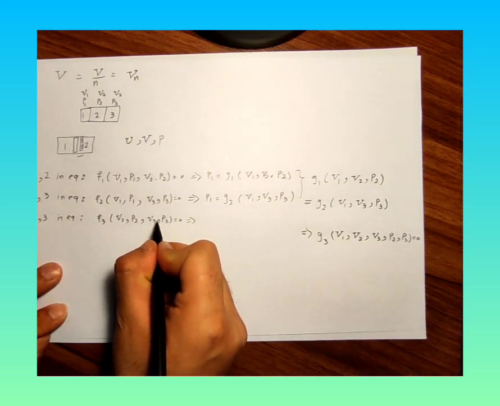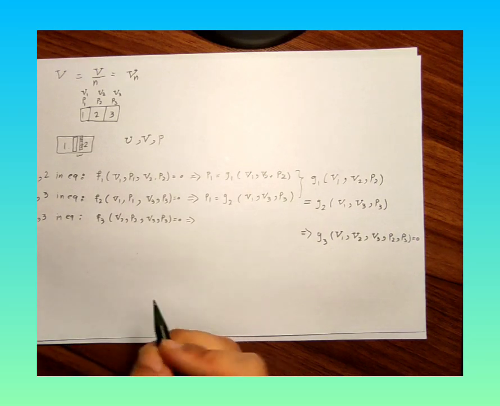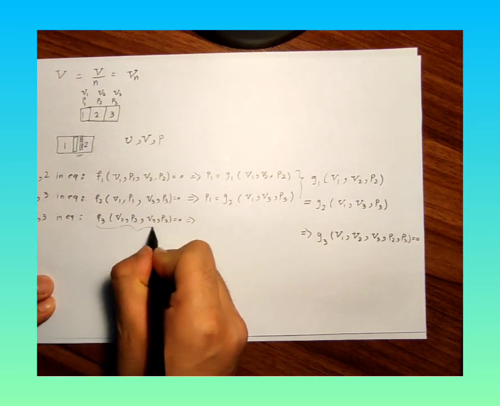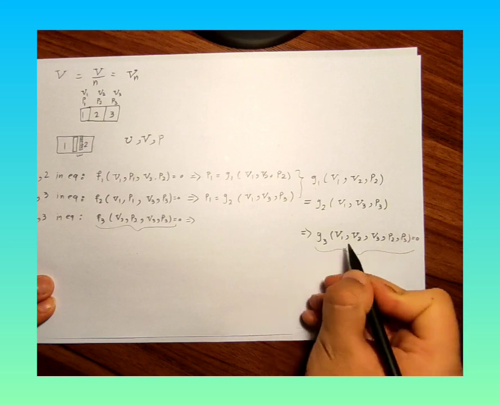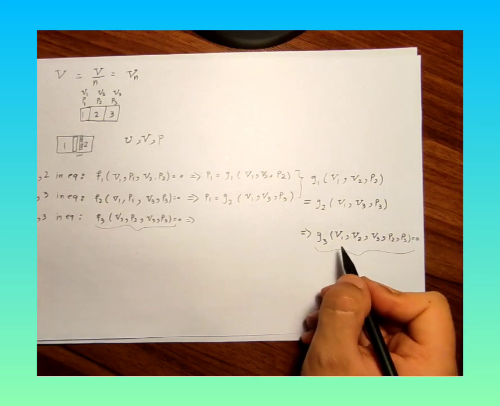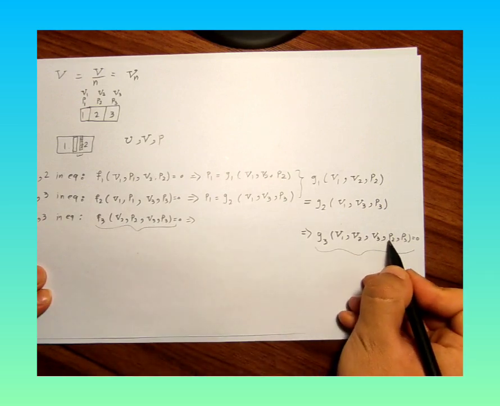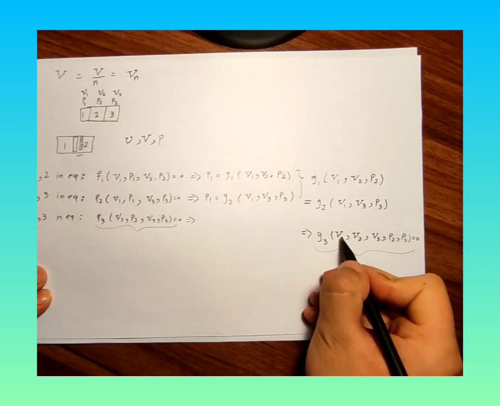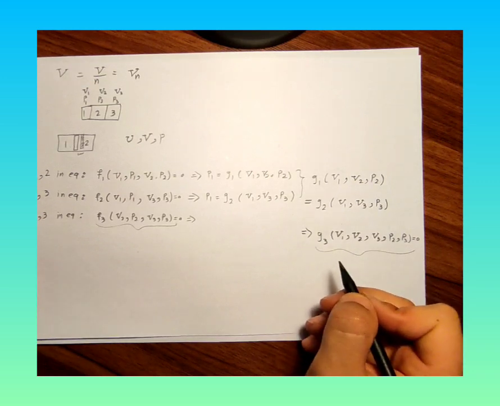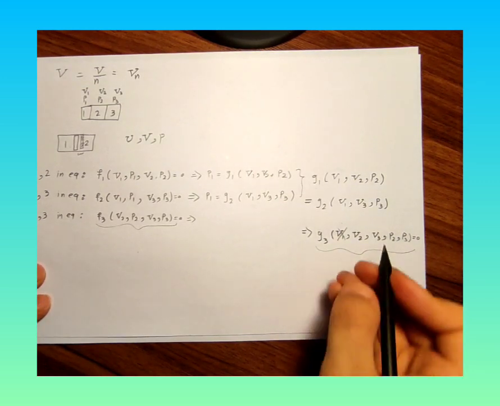But if you compare these and these, you can see V1 is not necessary here. V2, P2, V3, P3, V2, P2, V3, P3. So we can remove V1 here,